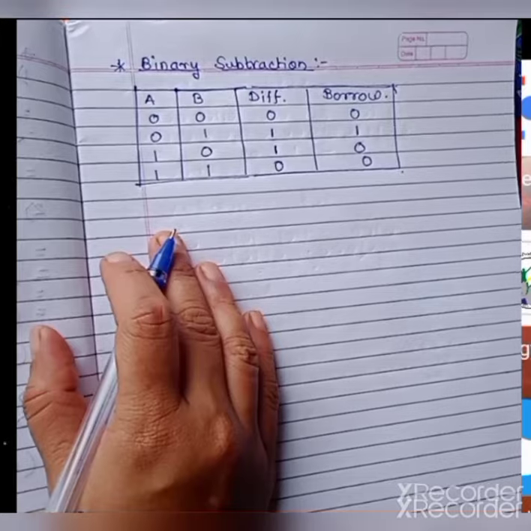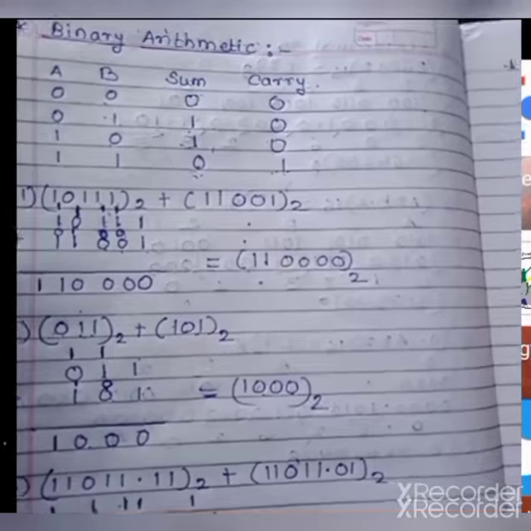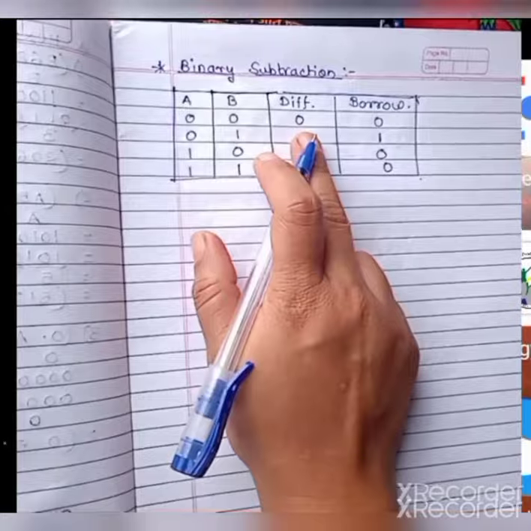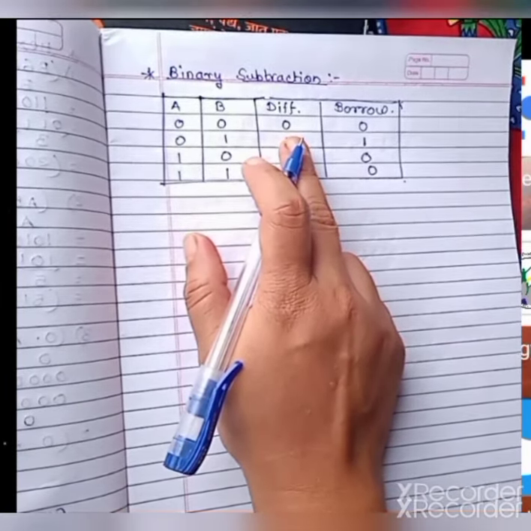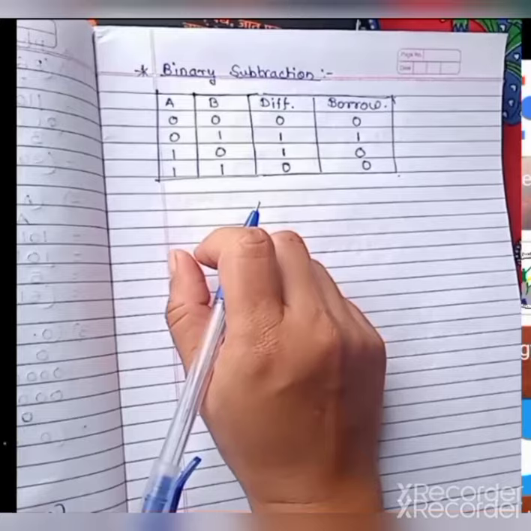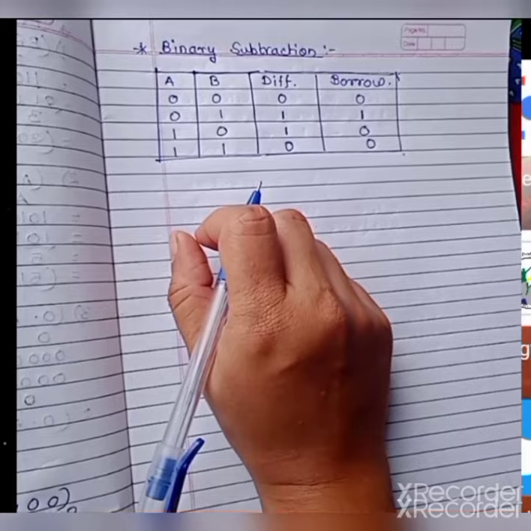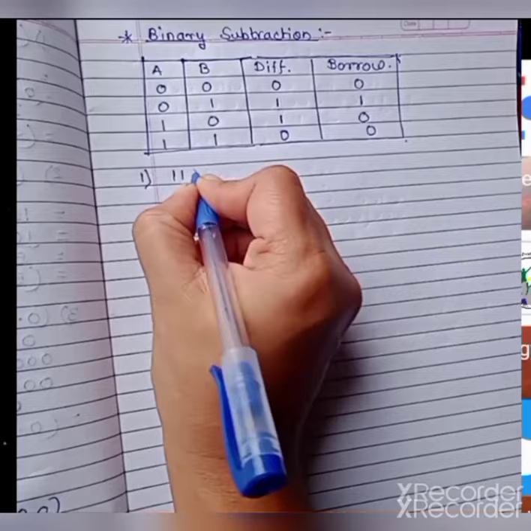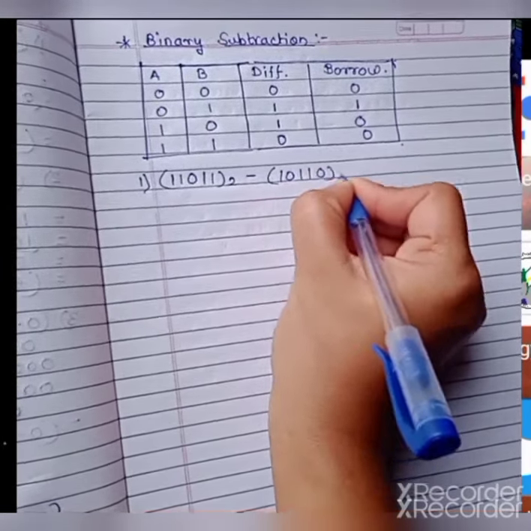जैसे बाइनरी एडिशन हम करते हैं तो उसमें सम एंड कैरी आ जाता है, जैसे हमने प्रीवियसली देखा था सम एंड कैरी। वैसे ही डिफरेंस हम जब परफॉर्म करते हैं, सब्ट्रैक्शन करते हैं, तो उसमें डिफरेंस एंड बोरो आ जाता है। जैसे एडिशन में हम जो एक्स्ट्रा बिट जनरेट होता है उसको कैरी कहते हैं, और सब्ट्रैक्शन में जो एक्स्ट्रा बिट जनरेट होता है उसको हम बोरो कहते हैं। सो कैसे जनरेट होता है और कैसे उसको डिफरेंस करना है उसका हम देखेंगे। So we'll see the first example: 11011 to the base 2 minus 0110 to the base 2.